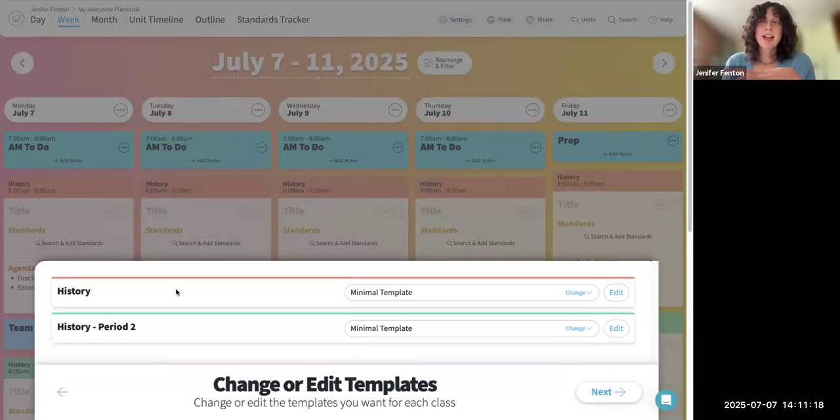So I had my history class and then I had my history period 2. The non-instructional periods like the morning to-do, the prep period, lunch, those things, it doesn't show up here because I put that in as a non-instructional time in my day. So that's why it's not asking me to pick a lesson template, which for those of you that are new,